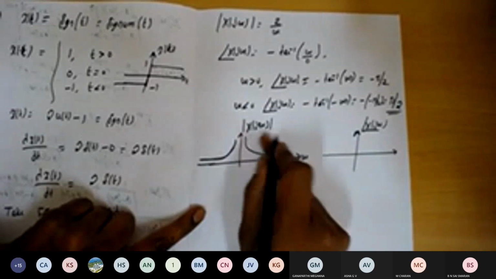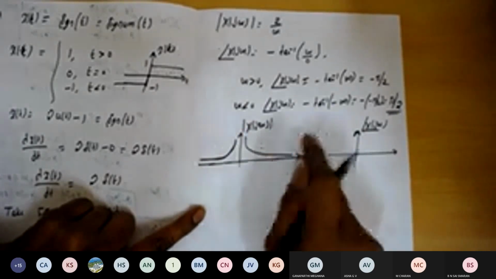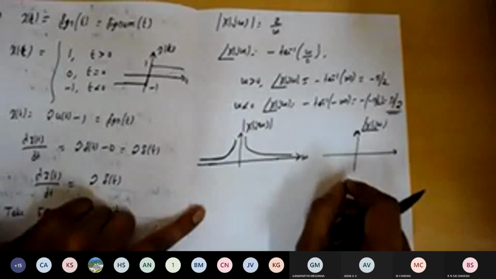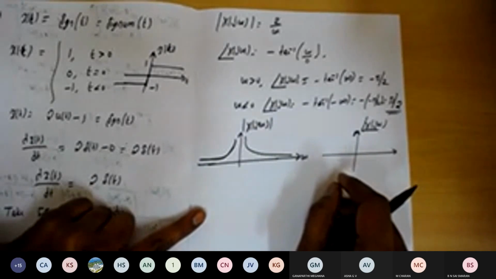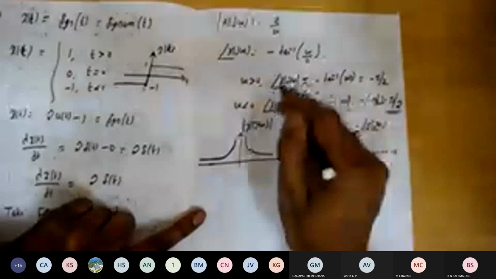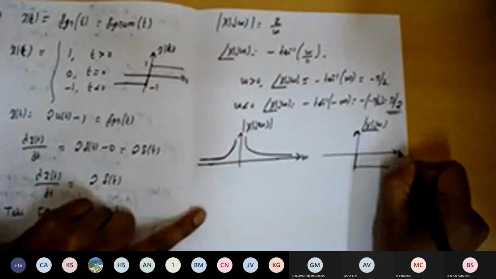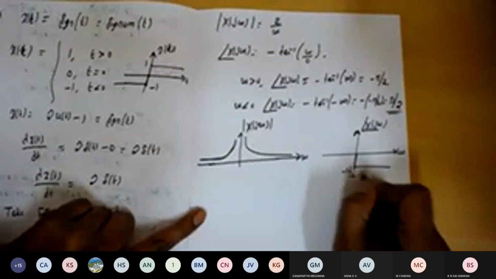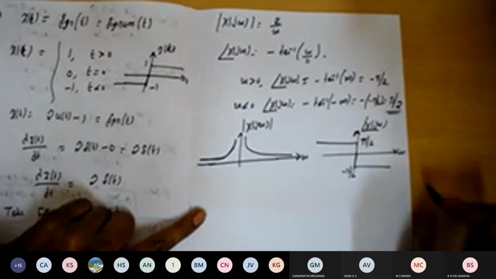Based on that, we are going to get the magnitude frequency curve here. There we need to find out which kind of filter, based on how the response will be, we are going to design different types of filters. One is called a finite impulse response, the other one is called the infinite impulse response. There we make use of the magnitude and the phase response. So for omega greater than 0, this is minus pi by 2. For omega less than 0, it is equal to plus pi by 2.